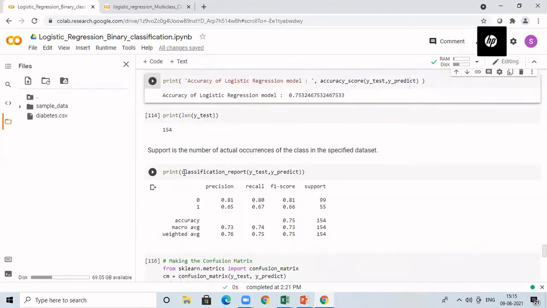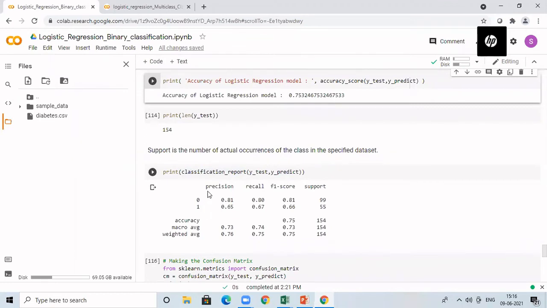Here the classification report is going to tell you different things like the precision, recall, and F1 score of your model. For that, you can call classification_report. In this, you are going to develop the report only for your testing data set, because during the training you are simply training your model. Here, you are measuring the performance of your system only with the help of the testing data set. So you pass the original label in the testing data set, which is y_test, and the second parameter is the label you have predicted in your regression model, y_predict. These two are passed as arguments to this classification report.